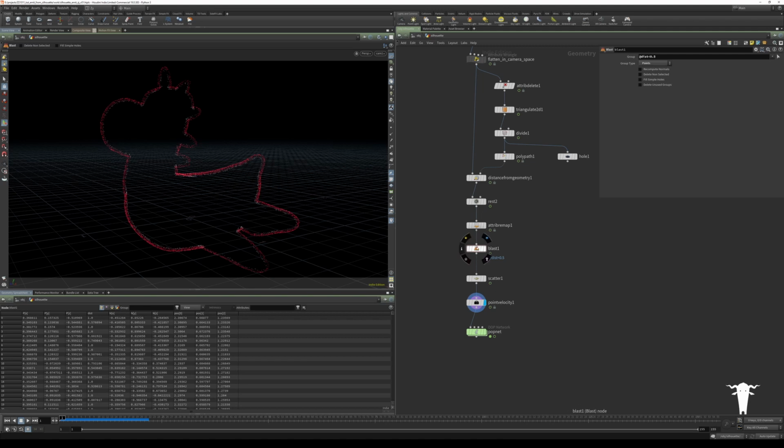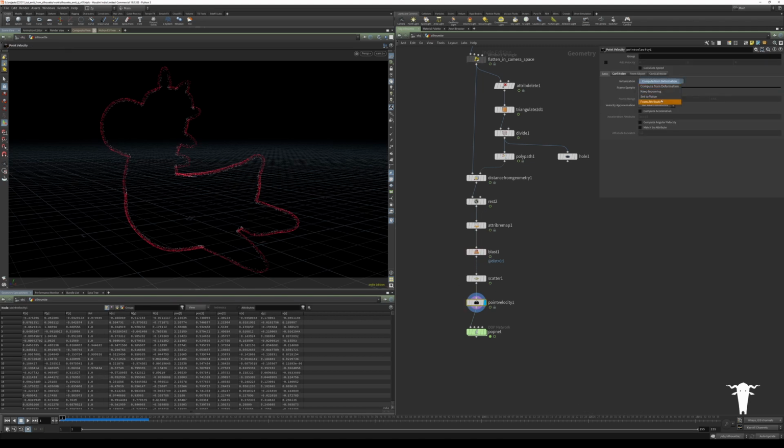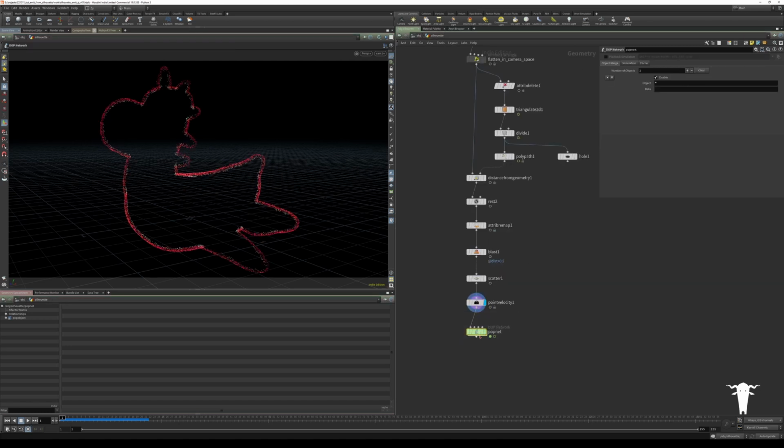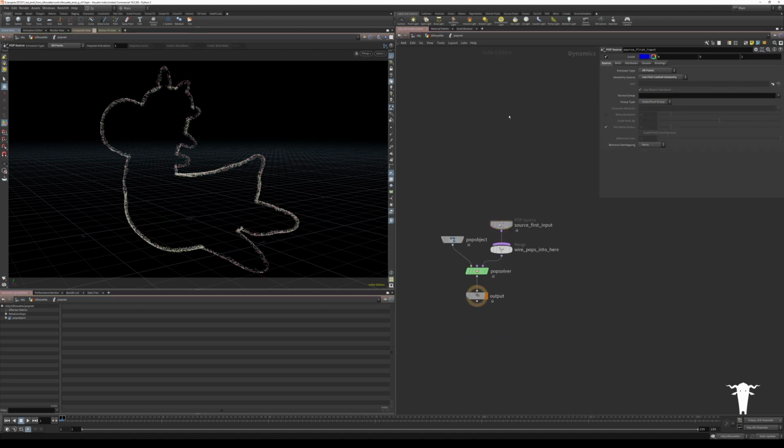You either need to compute the velocity before, or just remember to turn off keep incoming, or you need to keep the incoming velocity if you have it, but you don't want to compute the velocity on deforming geometry, which is changing every frame. Because Flippy is rotating, its point count's changing. So I'll just set this to set value because I don't have any incoming velocity. And the simulation didn't reset, so let's just do that. And I'll hit play,